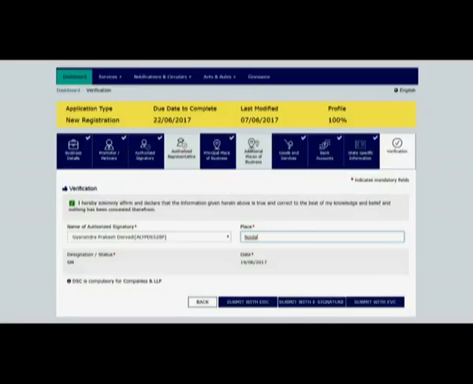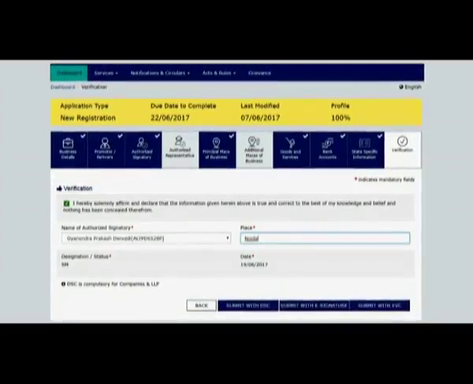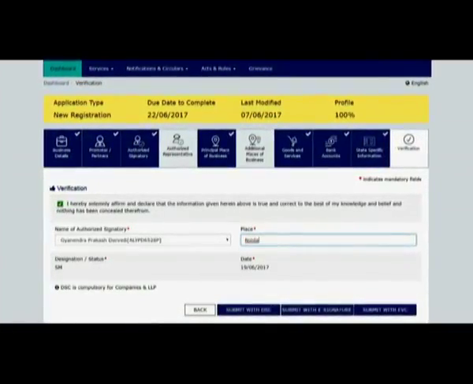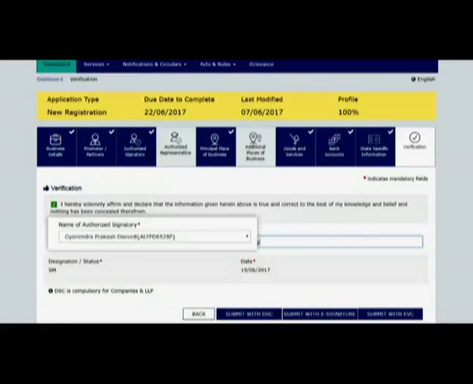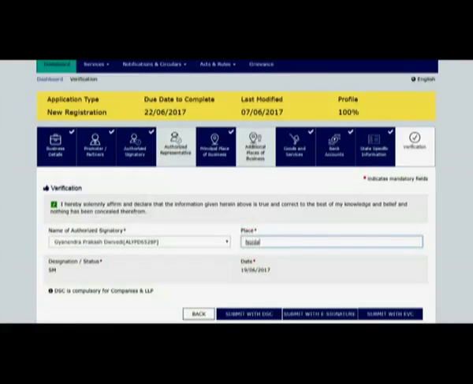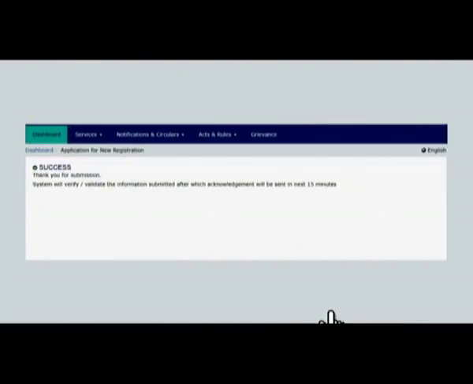After completing these details, one has to submit the form by clicking on the Verification tab. Now you can submit the application by Digital Signature Certificate (DSC) or e-signature or electronic verification code. The application can only be verified and signed by the authorized signatory. After 15 minutes, you shall receive an ARN from the portal. Your application is now successfully submitted for processing.